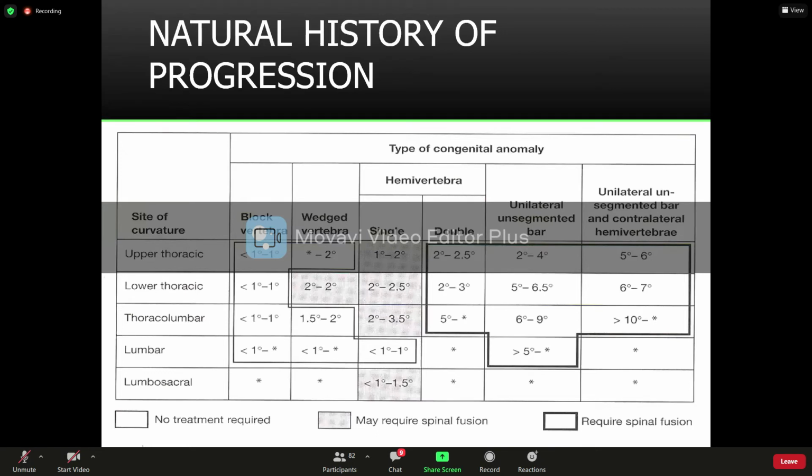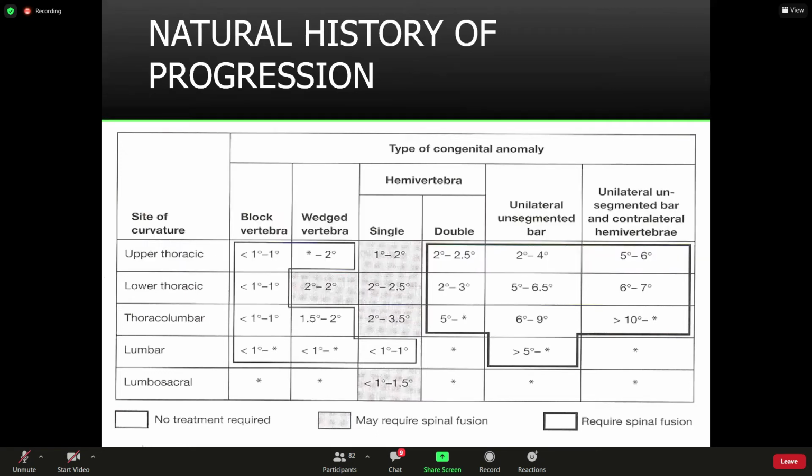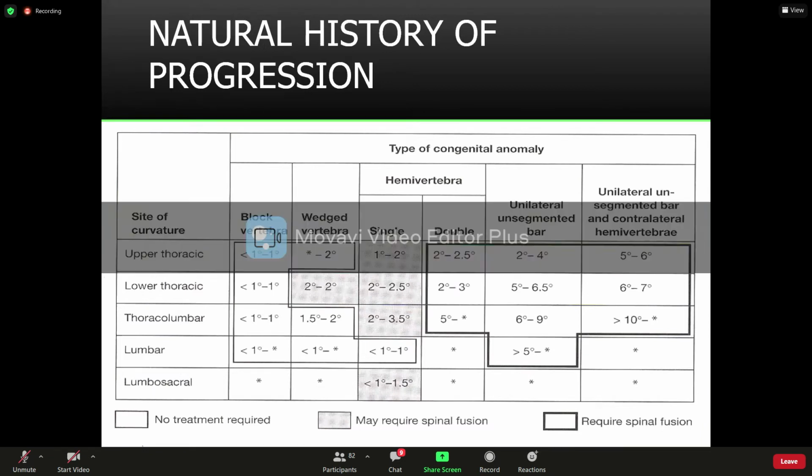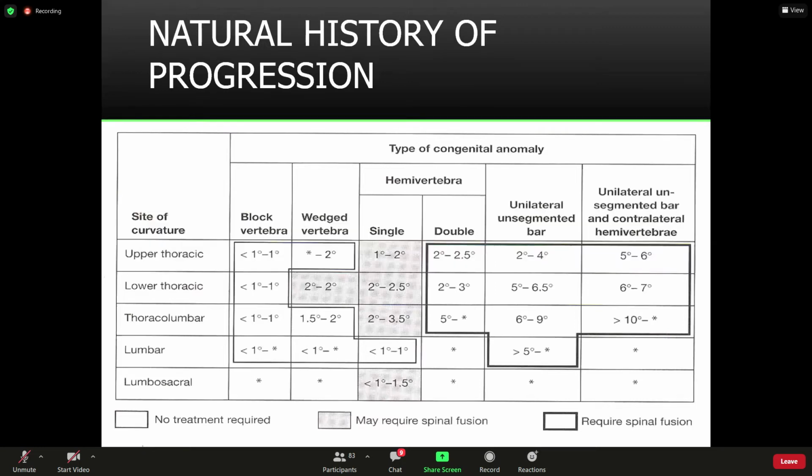And the progression of congenital scoliosis has been very well documented by McMaster. So we know, based on whether there's a hemivertebra or an unsegmented bar, depending on what the anomaly is on the X-ray, you can predict how quickly it is going to progress or whether it will progress at all. And depending on that, you can plan your treatment options. So some of them require surgery early. Some of them you can wait a bit, and some of them don't require surgery.